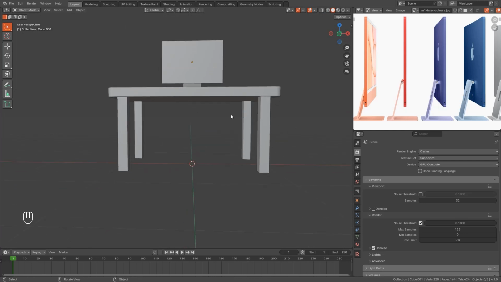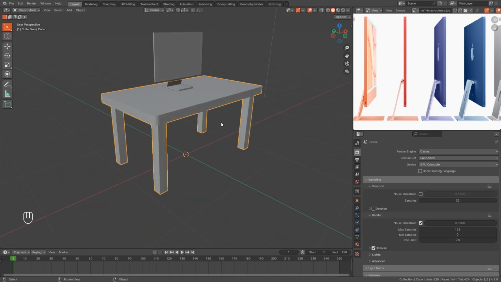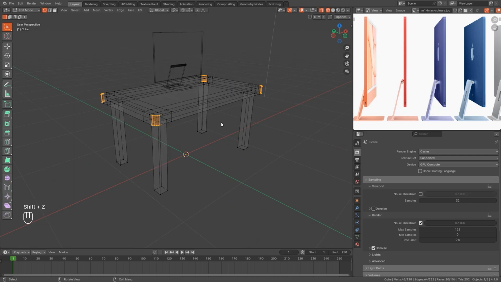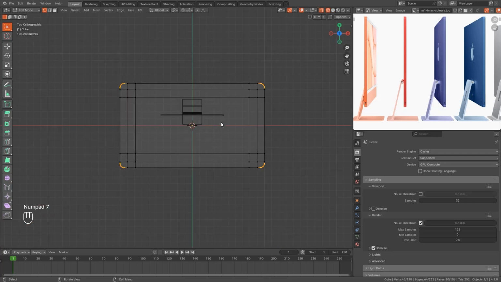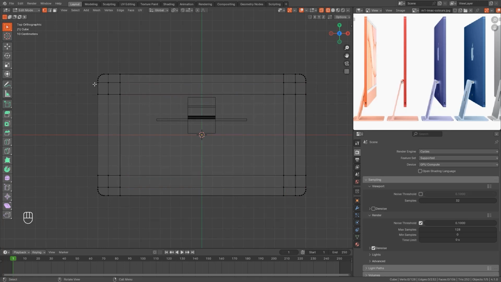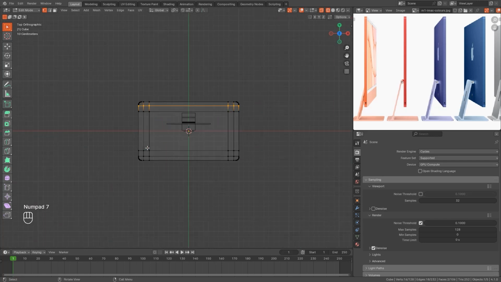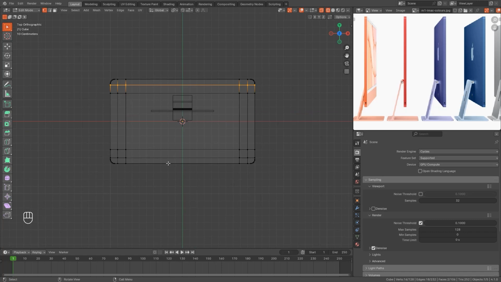We can make the legs also smaller because I don't like them. Go to edit mode of the table, Shift Z and press 7. I'll show you a trick which is a bit advanced, but let's do it in a more simple way. If I want to make the legs smaller, I should bring this edge closer to this edge, right? Select this edge, these edges, and also the side of the leg. I press 7, Shift select these,